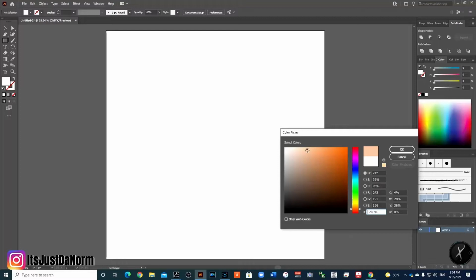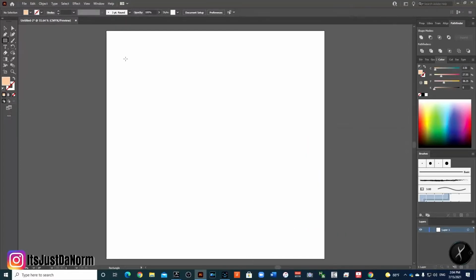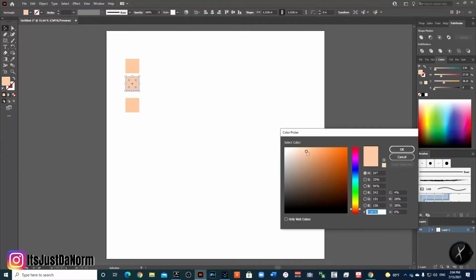I am going to find some colors that are more orangish. So this is like for skin tone complexions. So I'm going to start with a light color first. You can start with a dark color if you want to. I'm going to start with a light color, and then I am going to create 2 other tones right under it. Alright, I have chosen my 3